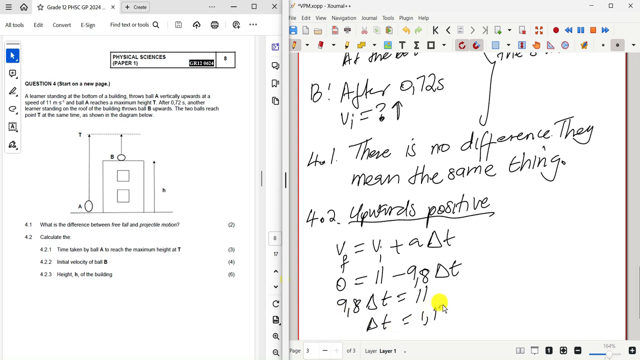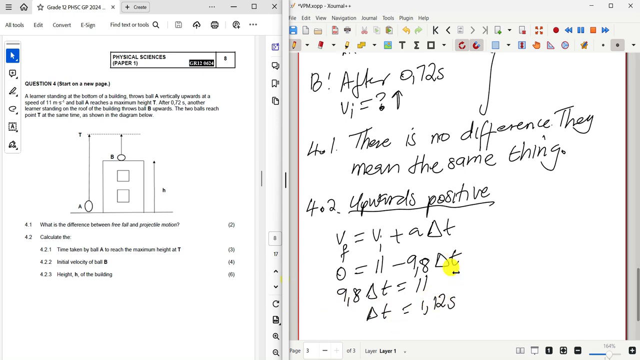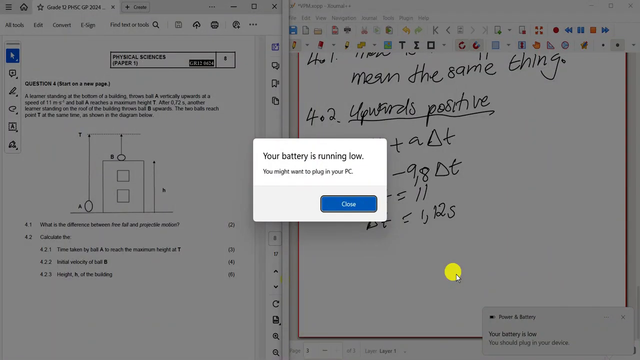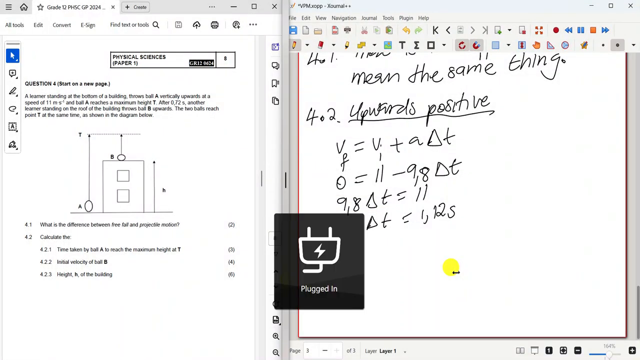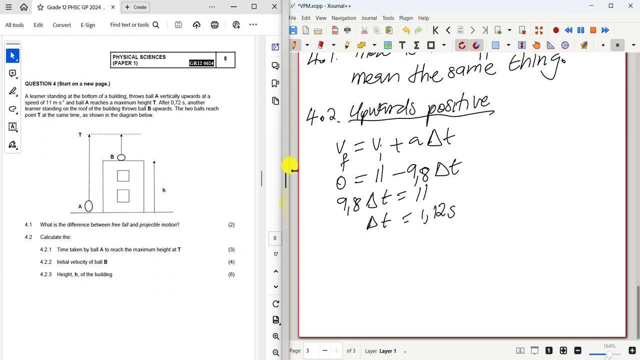It's 1.12 seconds. Okay. Ooh, let me charge quickly. And charge. Hello. Okay, thank you. Now, let's see. 4. This was 4.2.1. We are okay. Now